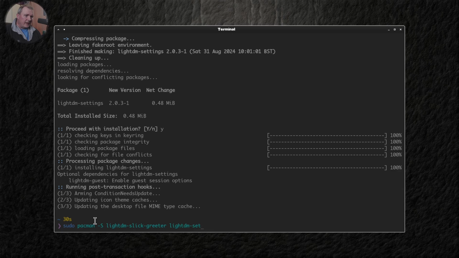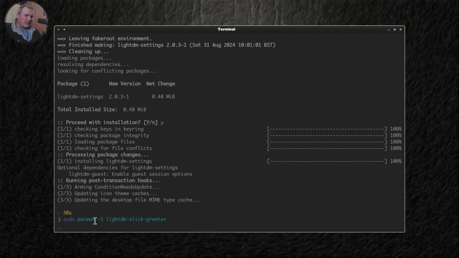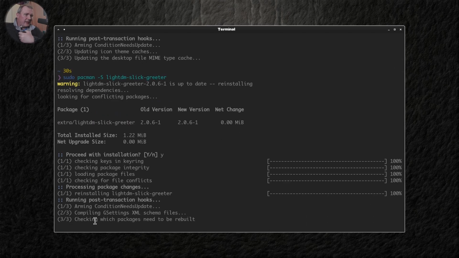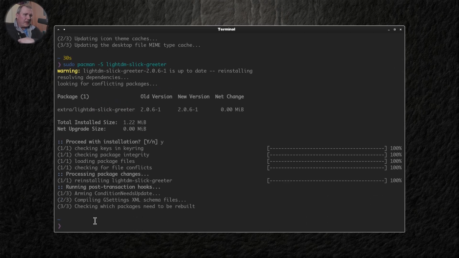And now, of course, I try to reinstall, thinking that it didn't get installed. It was just the LightDM thingies. I didn't read properly what was going on, so it reinstalled. Reinstalling LightDM Slick Greeter, it doesn't matter. Next, I'm going to add this to etc,